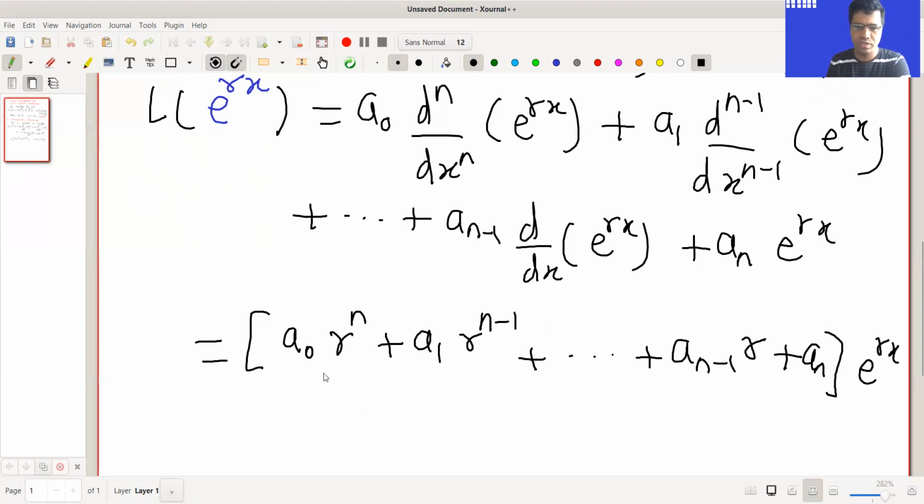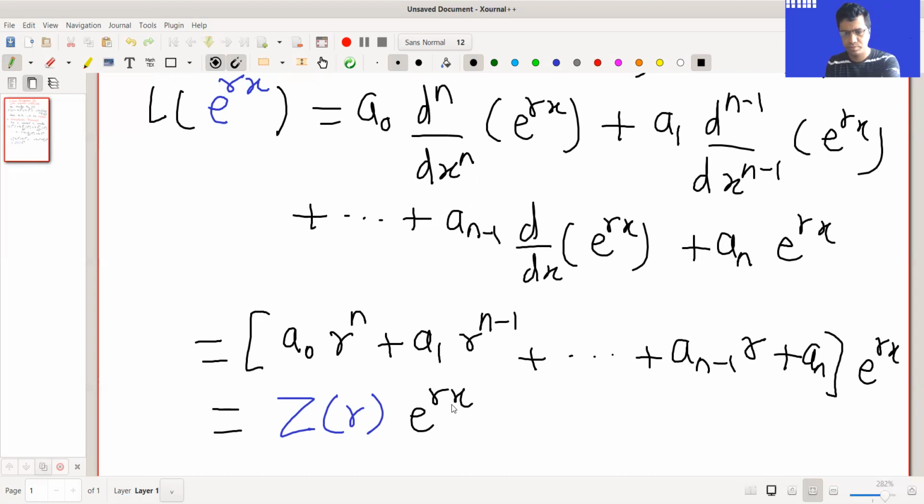This expression in the bracket is a polynomial in r. We call this z of r. So L of e raised to rx is z of r into e raised to rx,